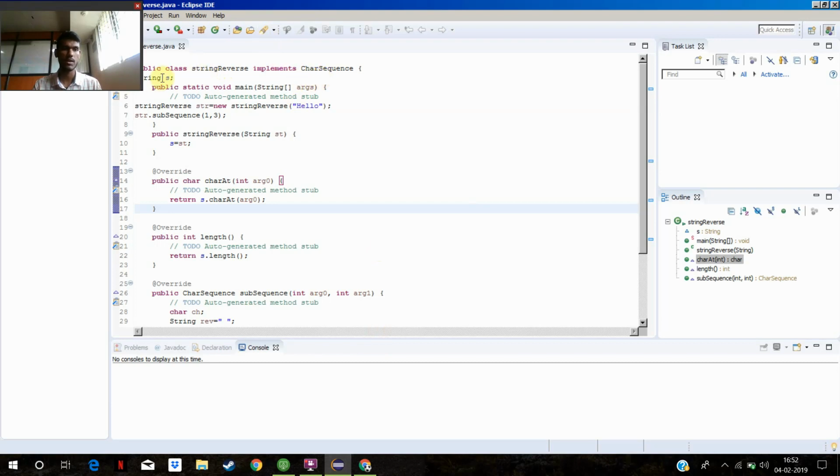Our next program is basically implementing CharSequence, and this is an extension of the java.lang package. As you can see, I've created a string s here, public static void main, which will basically create an object. As you can see, this signifies a constructor which I've created. I've implemented the four important functions, basically charAt, which every time will return the character at a certain position, and we have the length function, we have a CharSequence,